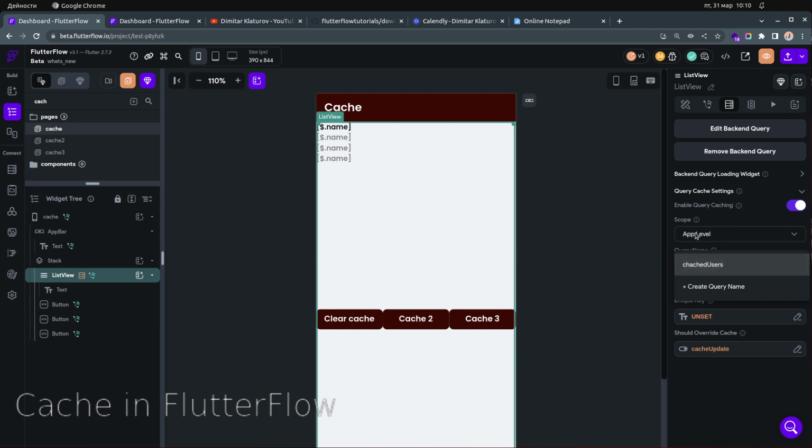So in my example, like I said, I use the app state, the app level, and then I should use the query name to use this data in other pages as well. Or you can actually use it in the same page, which I don't think makes any sense, to use the same data in the same page. But nevertheless, if you have this setup and you have, for example, another list view that is actually using the same data, you can use it with